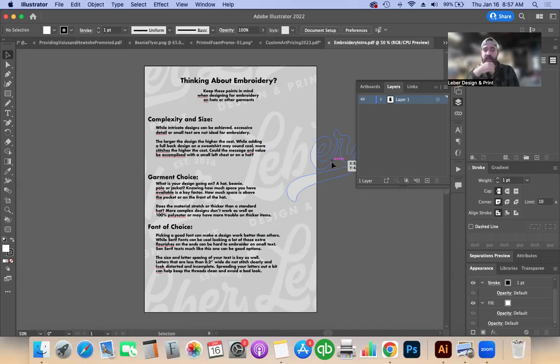What is this thing that we're giving this resource to a person? Do they know what it is? Okay, we're thinking about embroidery, but also are we thinking about complexity and size, garment choice, font of choice, and making sure everything fits those things, fits our branding,